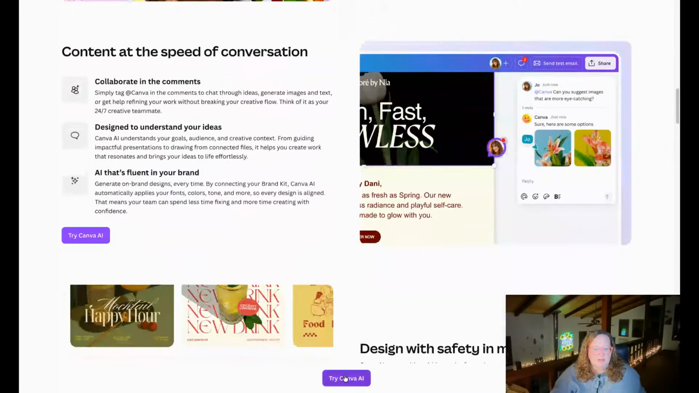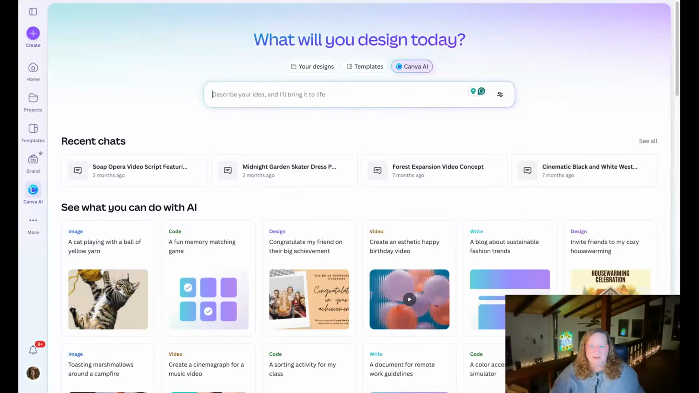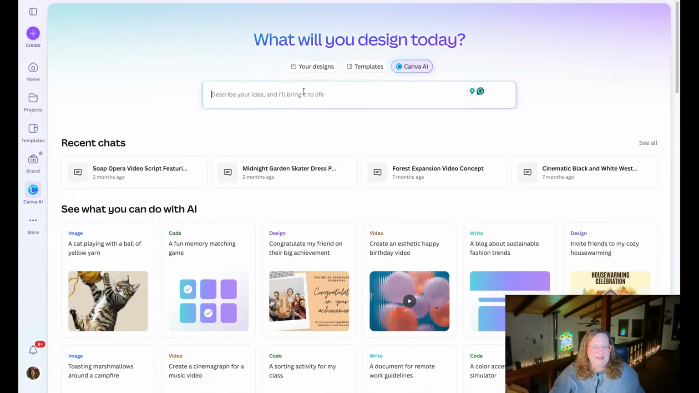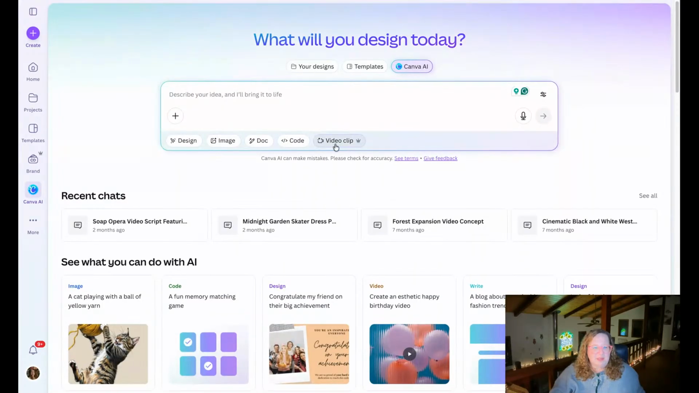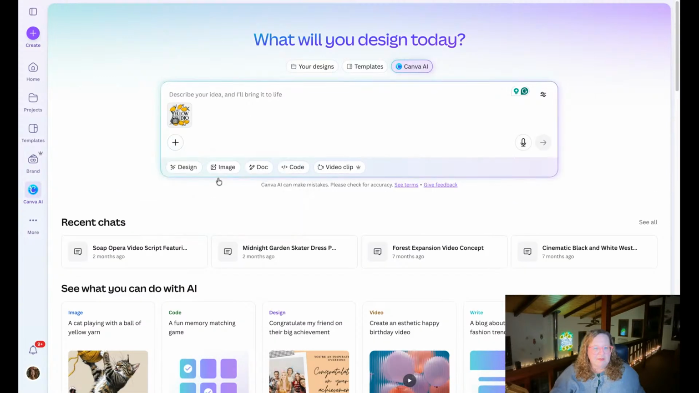Fun. Okay, so let's try it. I think I'm going to need to give you a new screen. Unfortunately, it keeps opening in a new window, so I have to go give you the new window. Okay, so what will you design today? Let's say I want to apply my brand kit, which is for the Yellow Studio, and then I'm going to say